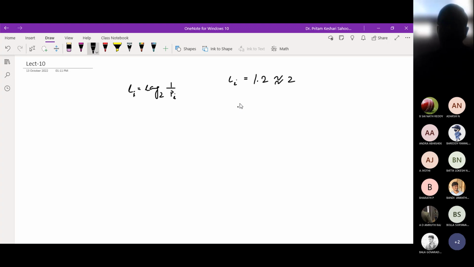And in that case, we can write that log base 2 of 1 divided by pi is less than or equal to li, which is less than or equal to 1 plus log base 2 of 1 divided by pi. This is the relationship given by Shannon, and what it tells us is that if the value of li you are getting is a decimal,